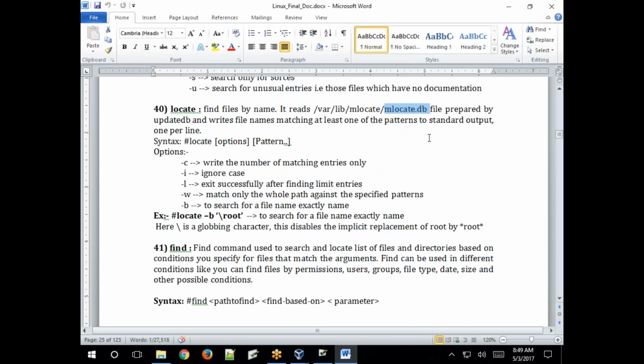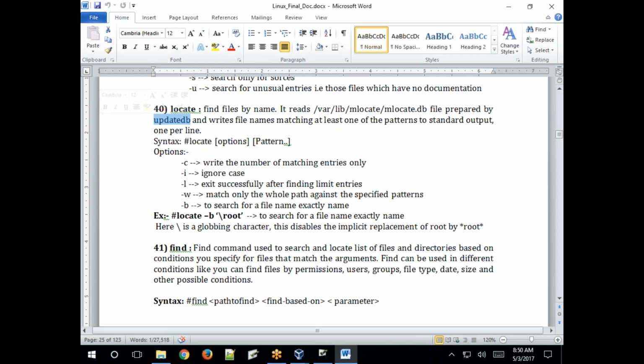So if you created any new file or directory, that information will be updated every day at midnight with the help of the updatedb command, by default. For example, if you created a file right now, that information will not be updated to the mlocate.db file.